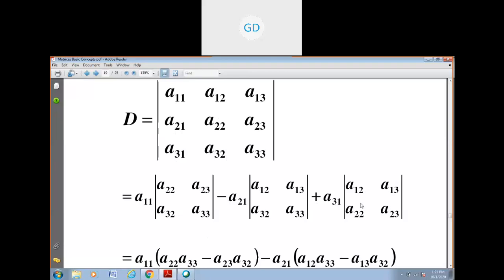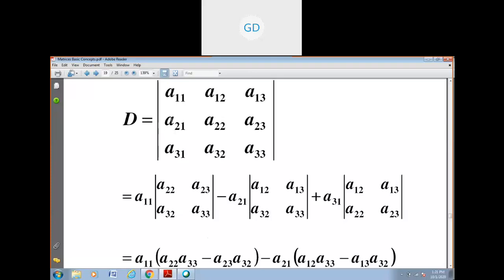So you can choose a second column, you can choose third column, you can choose first row, second row, third row, anyone. But whatever value you will get, exactly the value of the determinant will be same. So, you see here, along the first column we have expanded. We are going to determine the value.